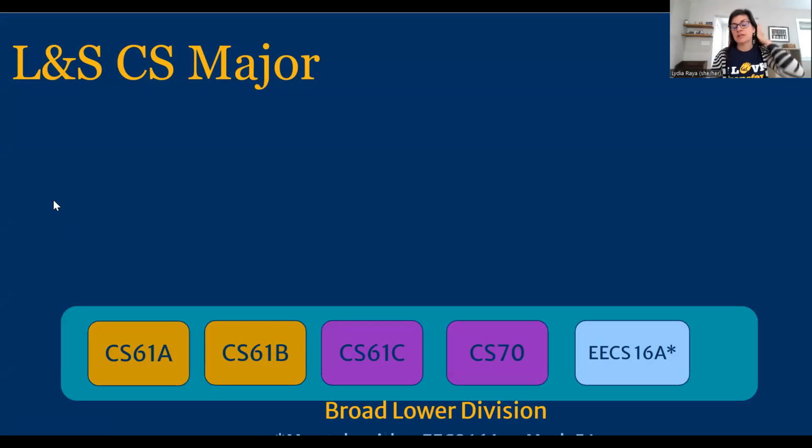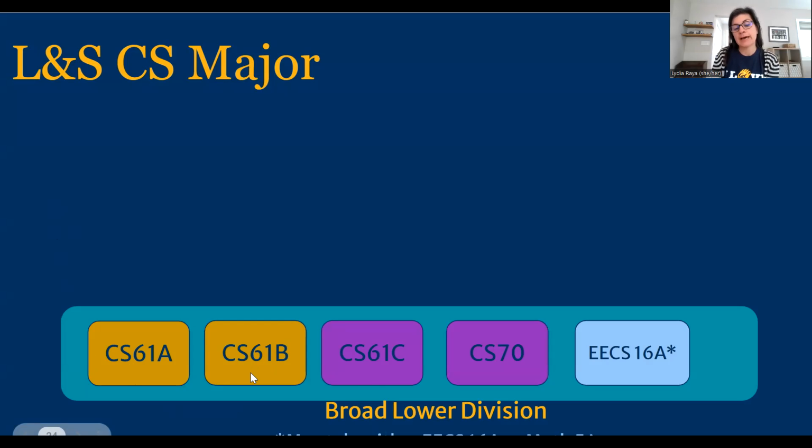Okay. So this is a visual representation of what the major looks like. So the lower division here is going to be 61A, 61B. 61A is structure and interpretation of computer programs. 61B is data structures.